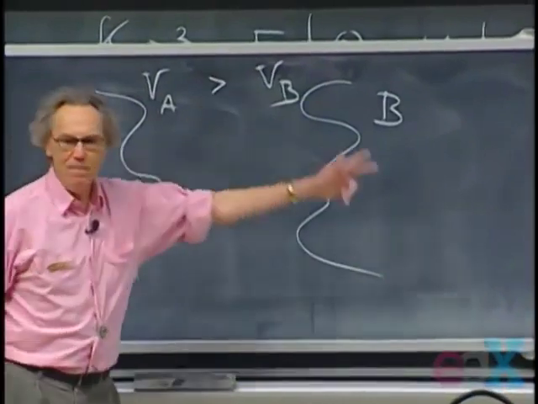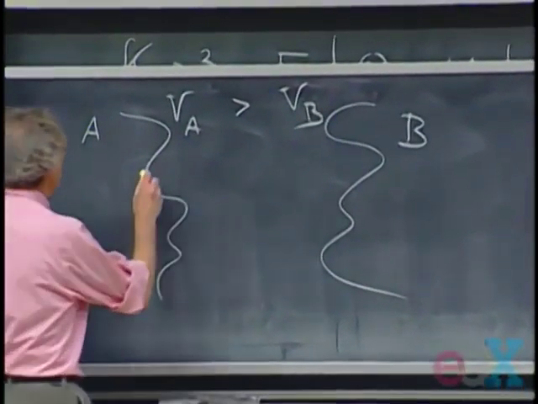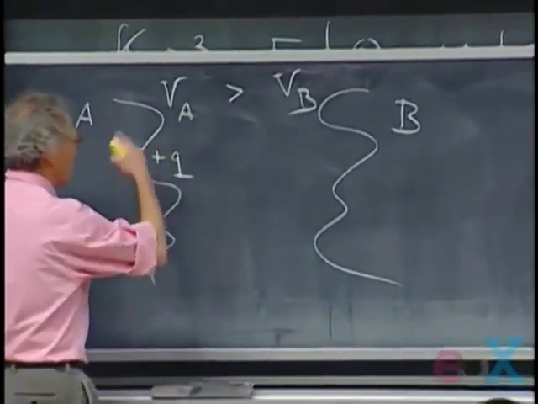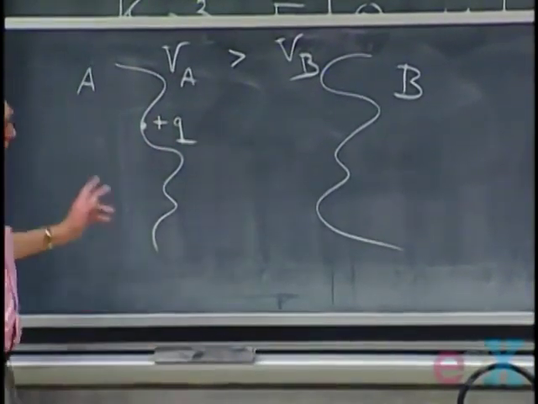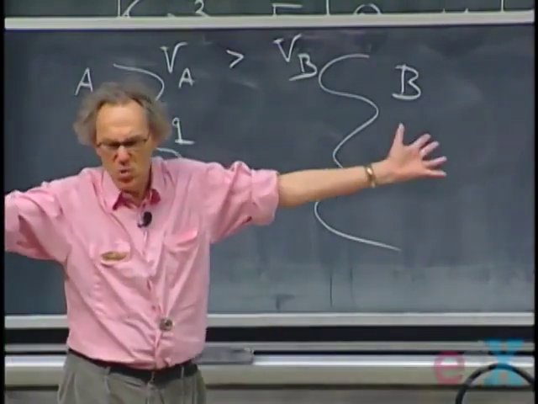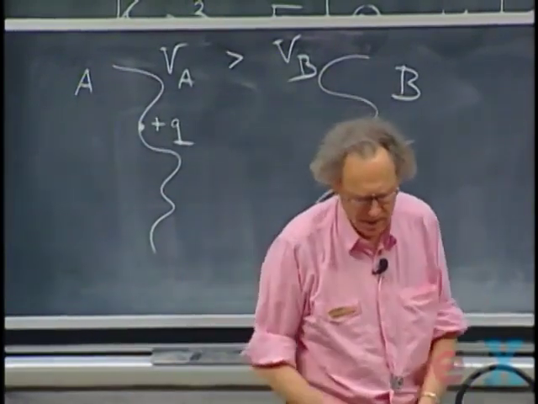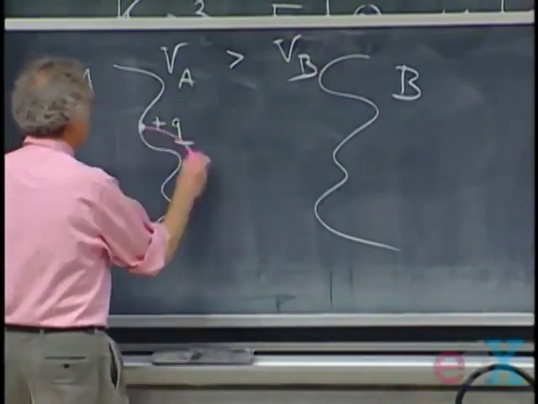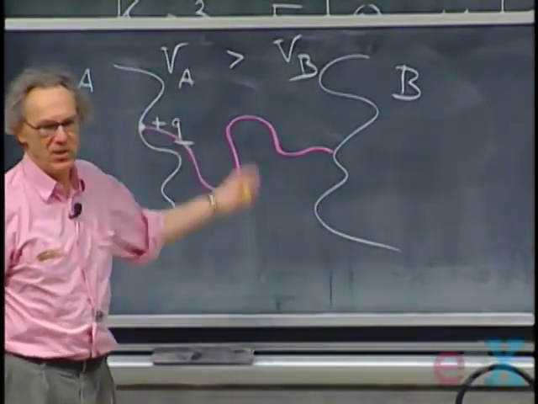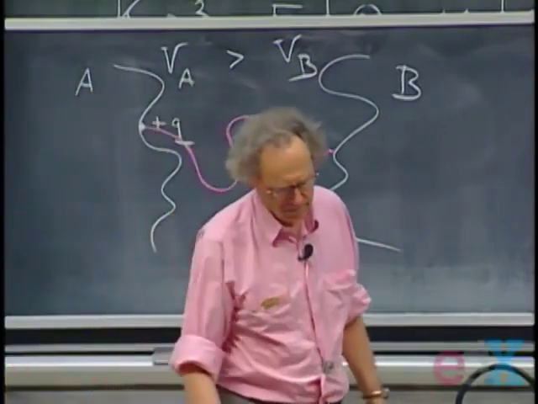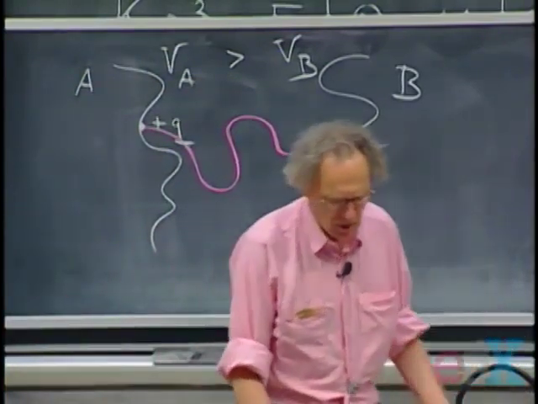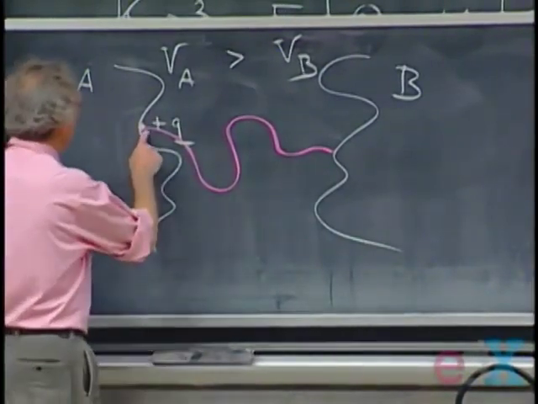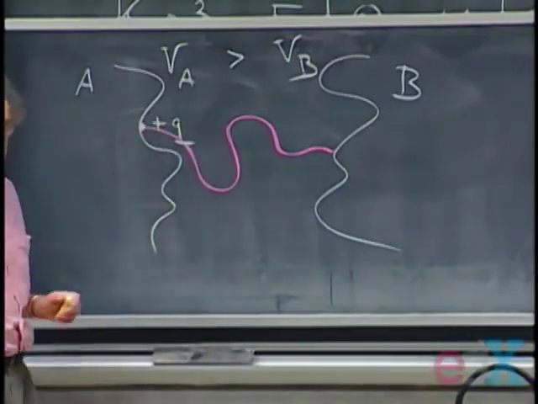We put the whole thing in vacuum, because I'm going to release a charge here, plus Q, and the charge will now go to B. Electric field configuration is a zoo. I don't even want to think about what it is. One way or another, if this is vacuum, then this charge will find its way to B. Let's say this is the routing that it takes. It ends up on B, and the question now is, what is the speed at which it reaches B if I release it here at 0 speed?